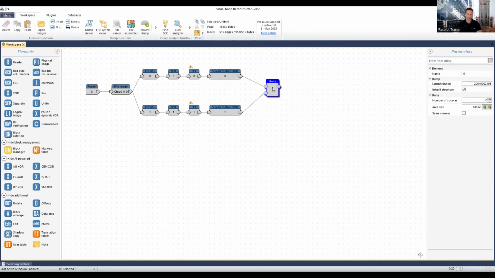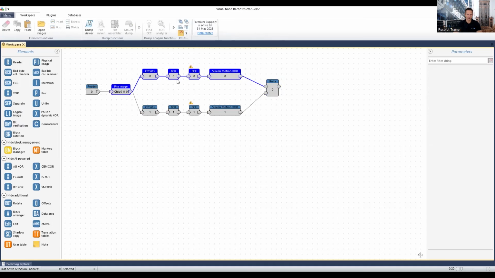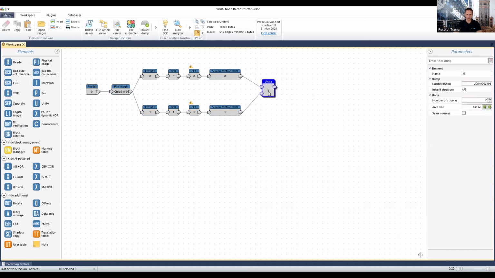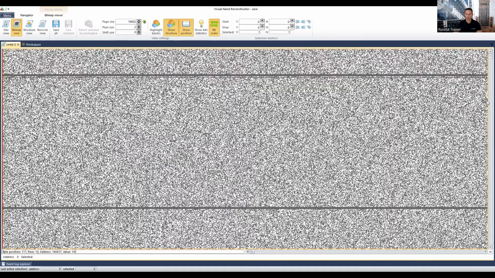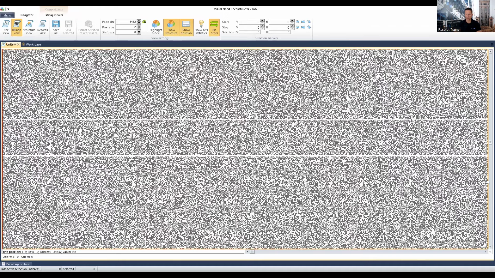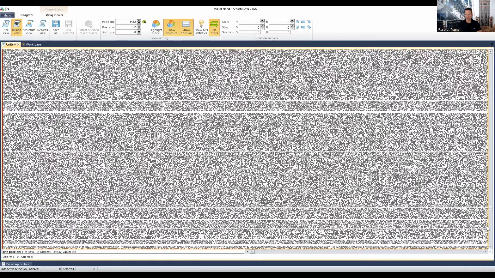So this element firstly will have a whole plane from this chain and this empty plane. The unite size should be set to the DOM size. Yes, now we can have data from the first plane only, and the